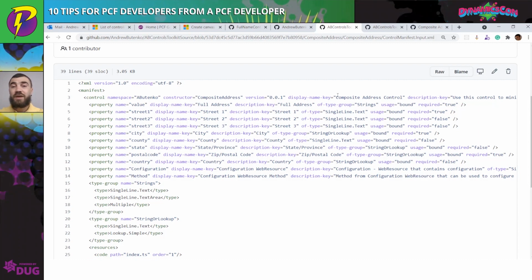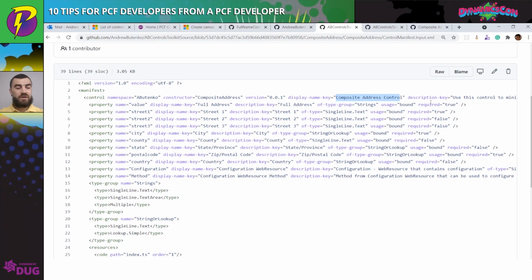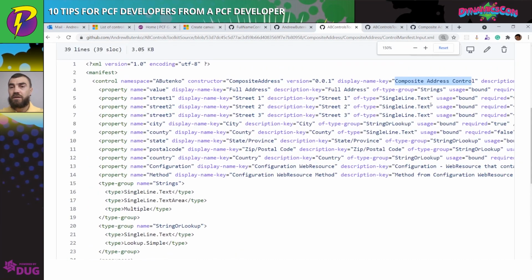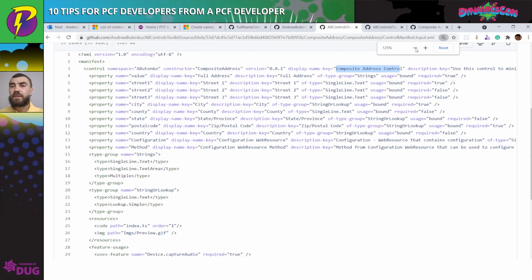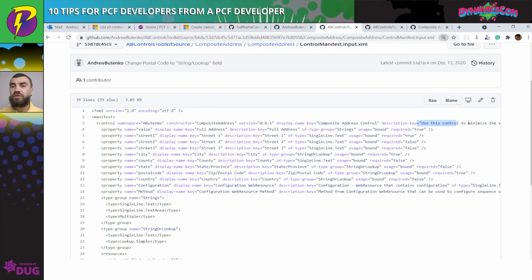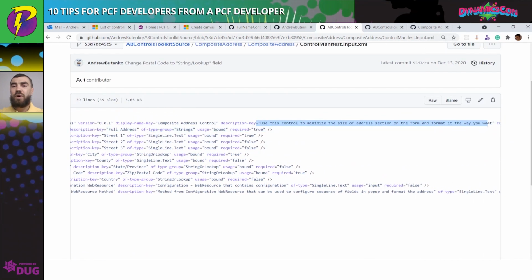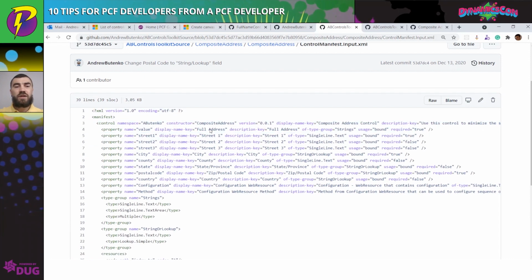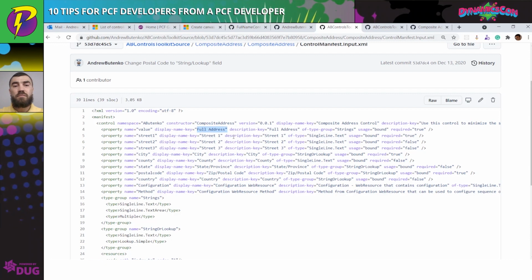So as you may see, I have populated the display name key that says the name of the control is composite address control, and let me zoom it back to see the whole description. It basically says what the goal of the control is, and pretty much the same you can see in every single property, because every single property contains not only the name and the description key,